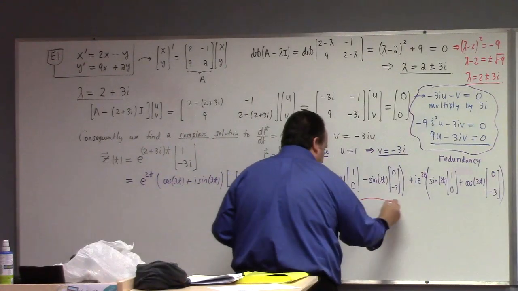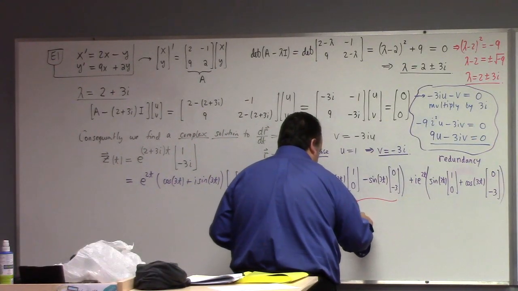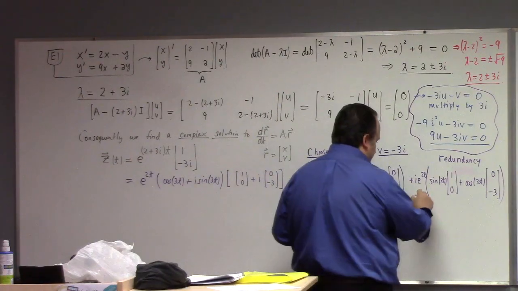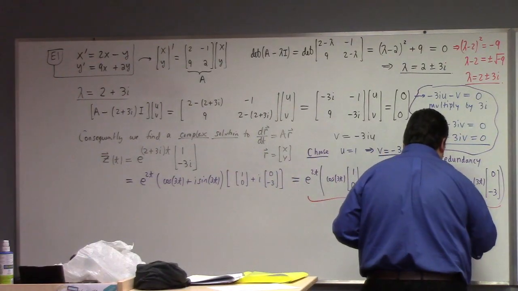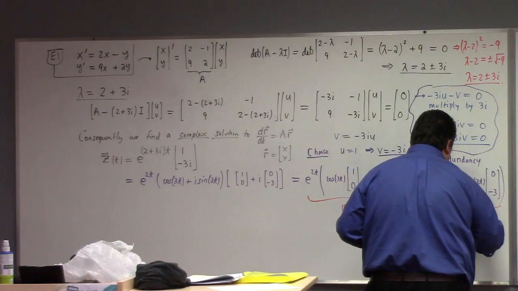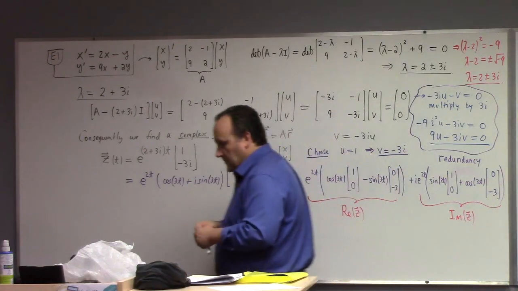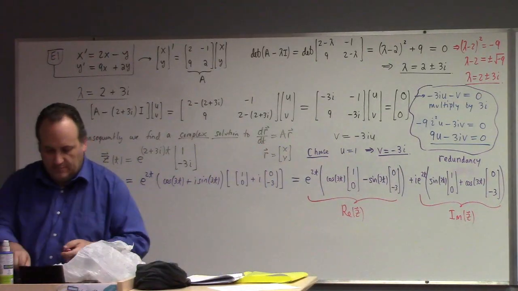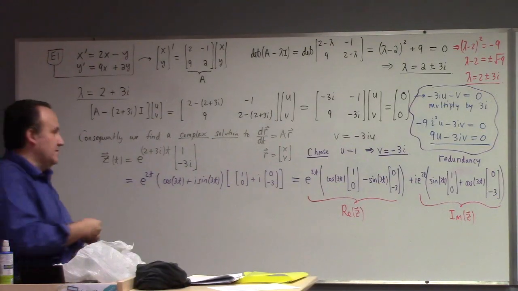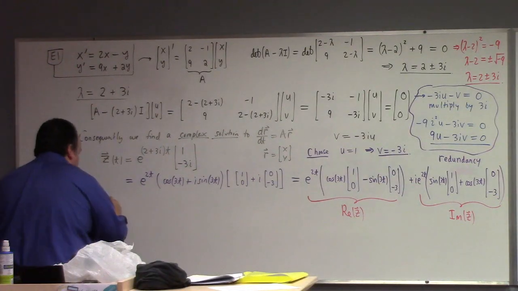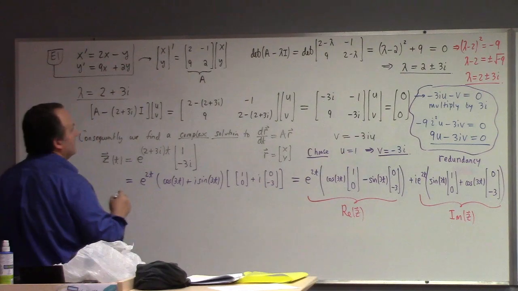This piece is the real part of the complex solution. And everything except for the i over here is the imaginary part of the complex solution. And as such, that allows us to derive that my solution is,